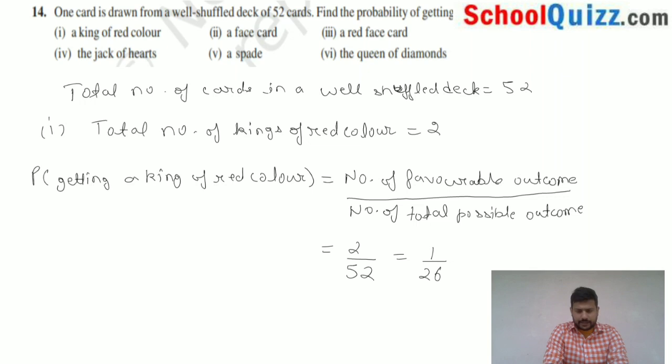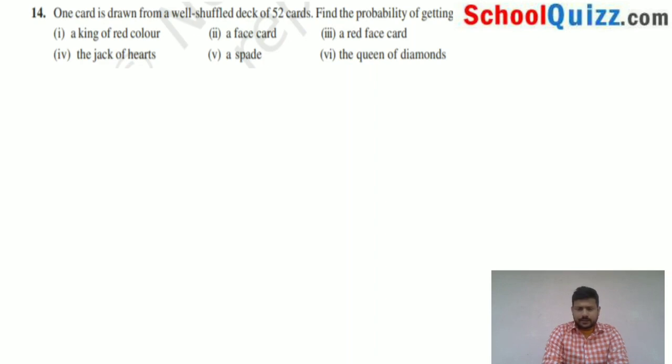Now let us focus on the next part of this question. The second part states that you have to find the probability of getting a face card. Now total number of face cards is equal to 12. So probability of getting a face card